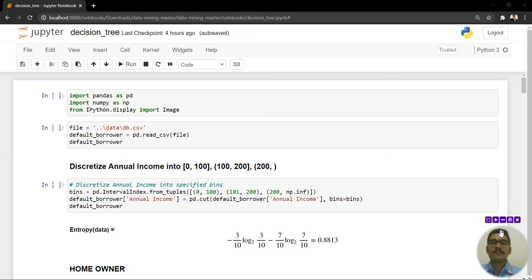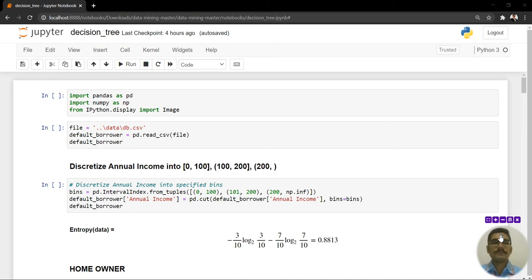Now I haven't solved an example because actually in Python it becomes very easy to demonstrate how it is built and what are the techniques that you should follow when you do the real classification using the sklearn decision tree modules and all those. So for that I'll be having a small data set. From that I'll be building a tree and it will be shown step by step how we do the computations and what things you should take care of.